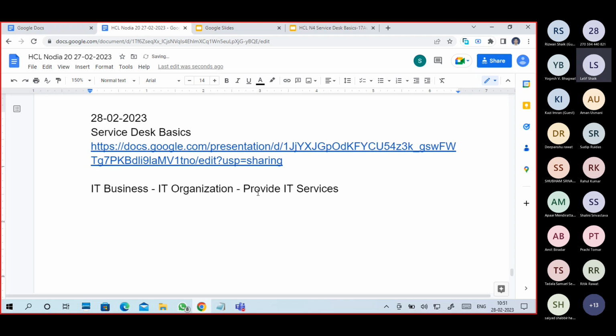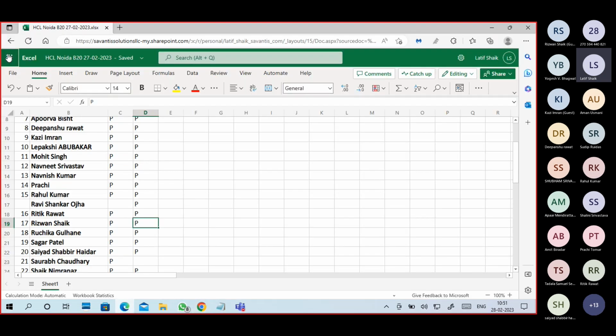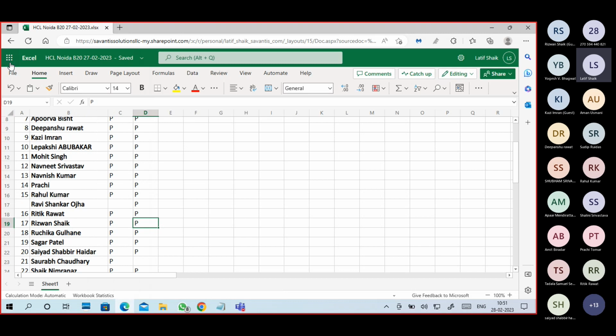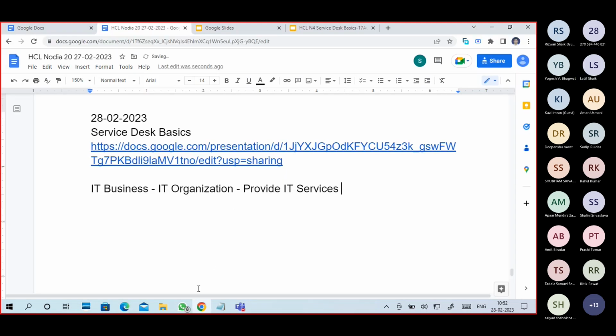I'm currently using Google Docs. This is Office 365, Microsoft 365, Excel, Word, PowerPoint. This is the Google Chrome browser.